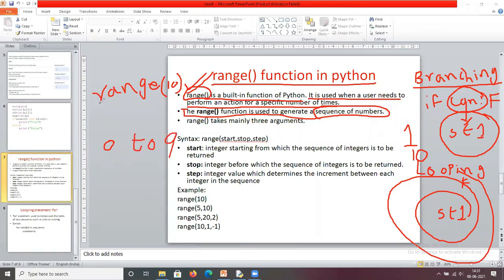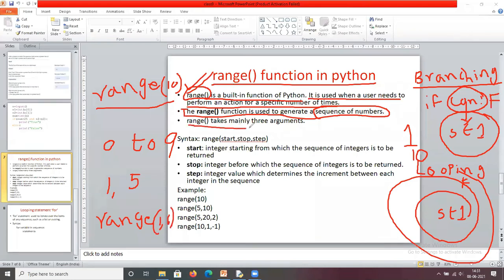This is done with the help of the range function. For example, I want the numbers 1 to 5. Then I use the function range of 1 comma 6.